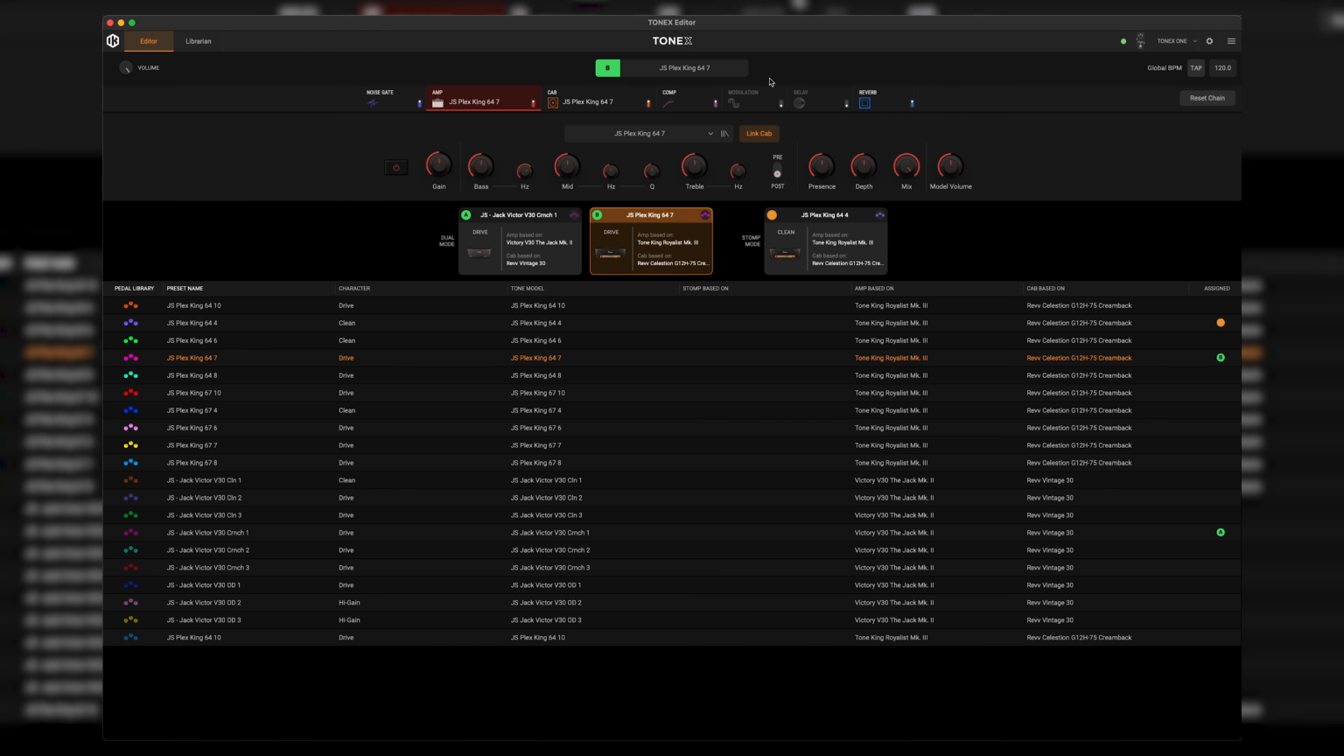Now, this is not an opinion on whether autosave on Tonex One is a good feature or a bad feature. I know some people are not happy with autosave, and I know some people are happy with it, but I'm just delivering the message. This is the way Tonex One works. Since it has autosave, let's say I came over to my slot A here in dual mode, and I'm utilizing the Jack Victor V30 Crunch 1,